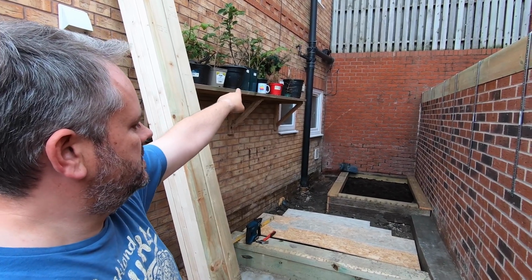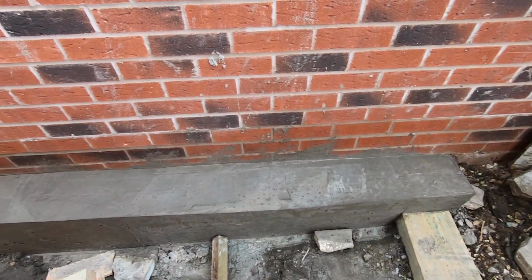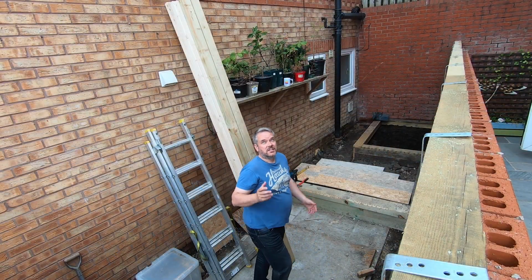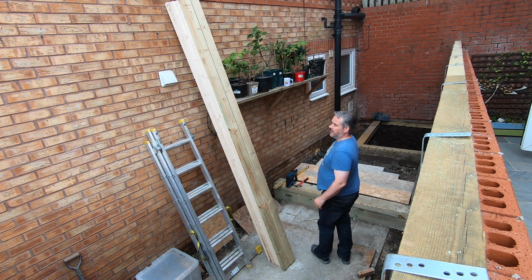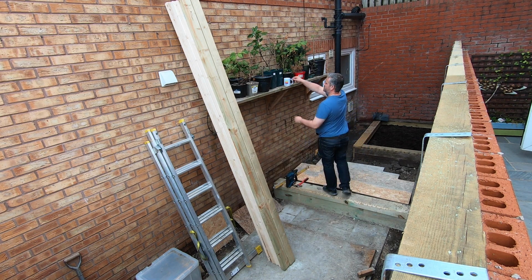So we'll just get started off by moving the trees that I haven't moved during the whole of this process, and we'll put them down on our new plinth that we created, so at least that will come in handy and we'll have somewhere to put it all. So yeah, let's crack on. There's spots of rain in the air, but we'll carry on with this as long as we can, because we need to try and get this into action. First things first,